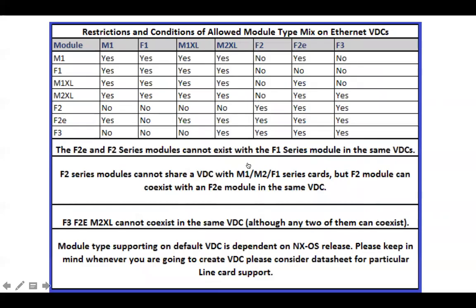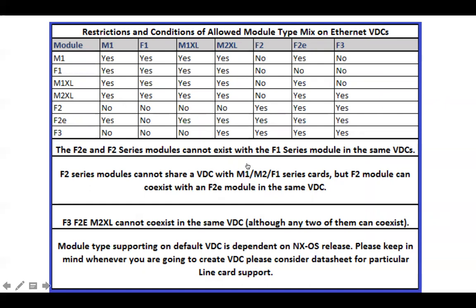Okay, as we know, we have different types of line cards, M1 family, M series family, or F series family, where we have M1, M2, F1, F2, F2E, F3 line cards, right? We have a few limitations.